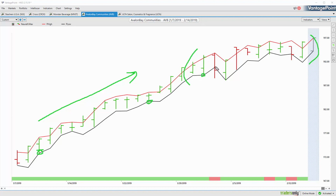Well, where would you be a buyer? Down here, down here, down here. So intraday, you're getting great levels to get involved with the market. And we see that, over pretty much these daily ranges, a 2.5% move there. Another, longer than 2.5% move here from the predicted low to another predicted high, another percent or so, up in